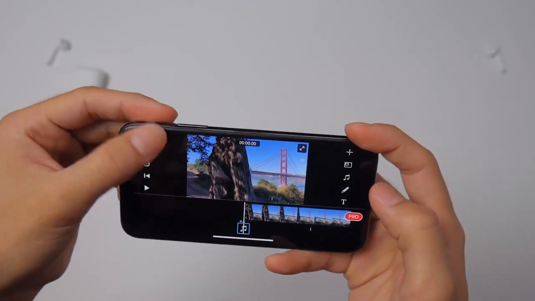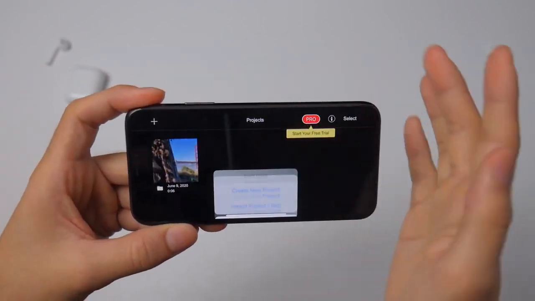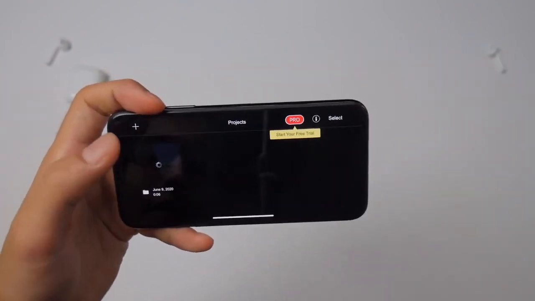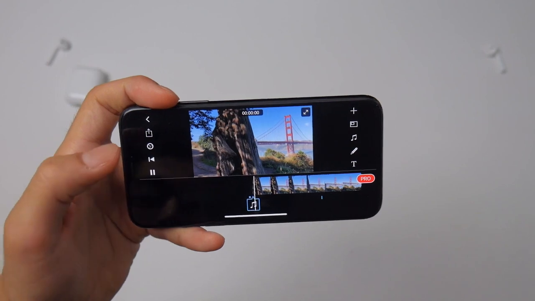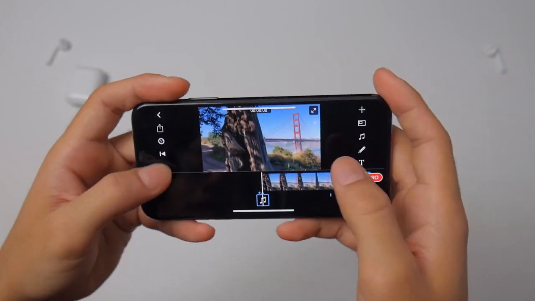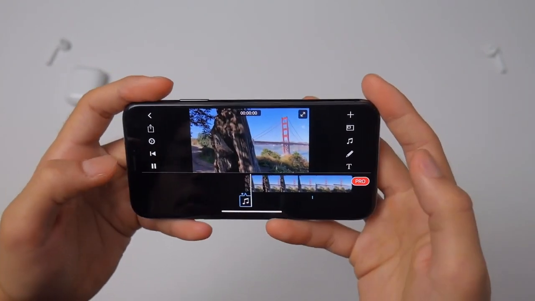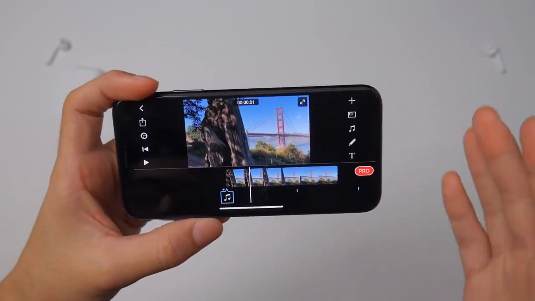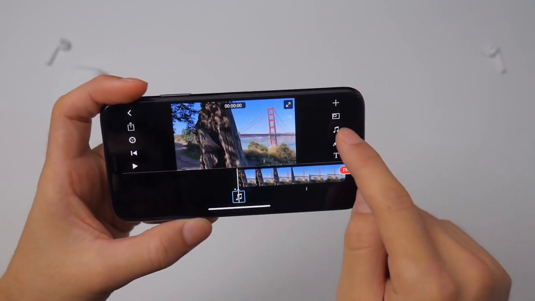After you have imported, you can import it by clicking right here and then create a new project, but I've already done it. So I'm gonna go ahead and click on it. And right here, as you can see, if I hit play, I've imported this music. You get the idea. But in order to import any music you want, you're gonna go ahead and click this icon right there